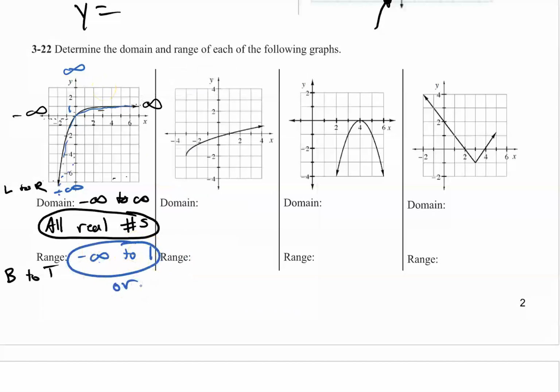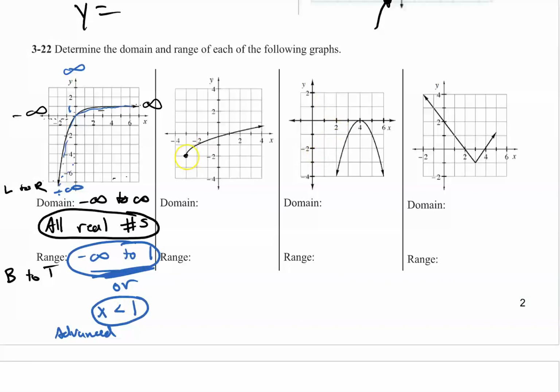If you want to write it with inequalities, you can say y is less than 1, but this is a little more advanced. So I'd recommend you stick with this one for now until we get to chapter 9. We'll talk about that more in chapter 9. Okay, and let's do